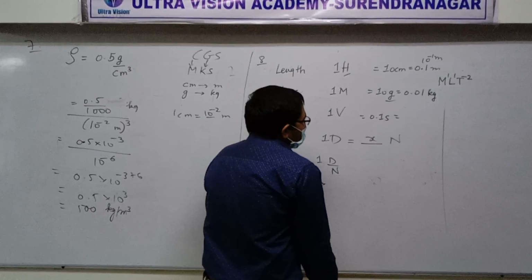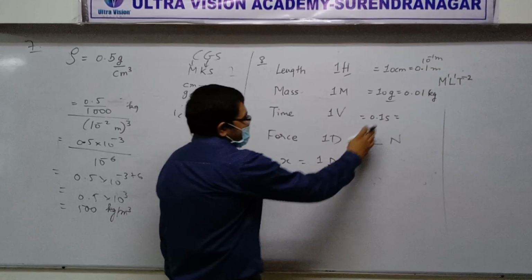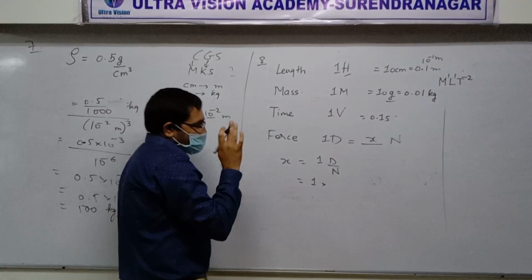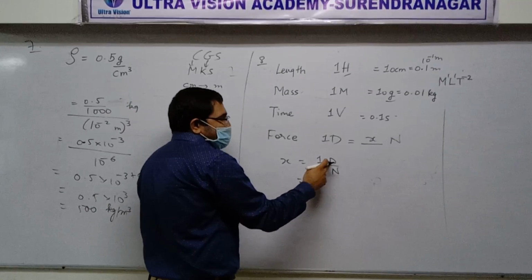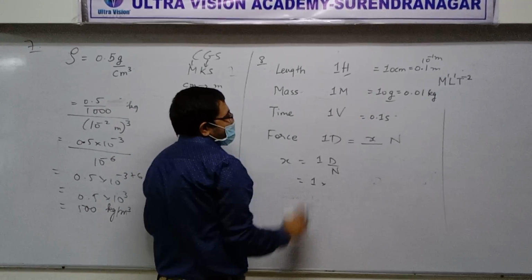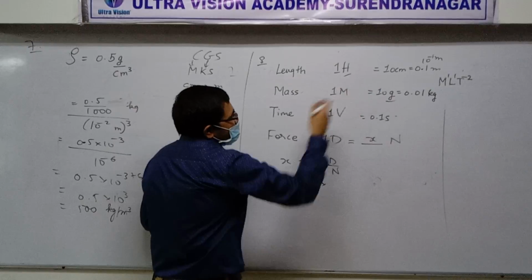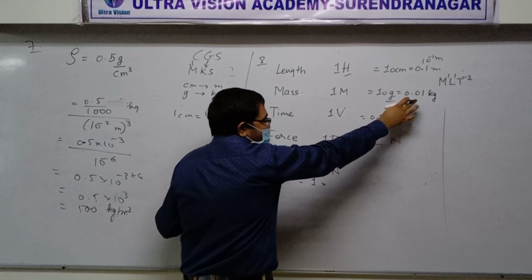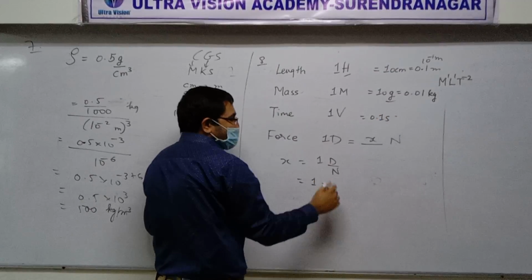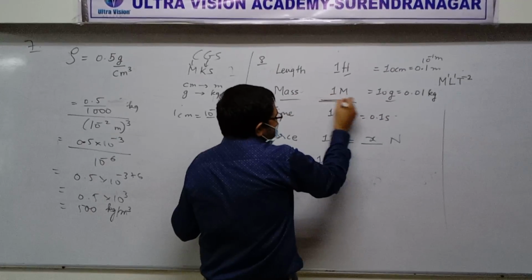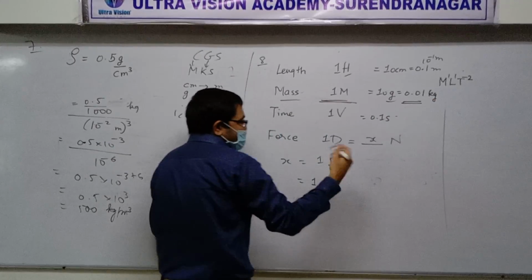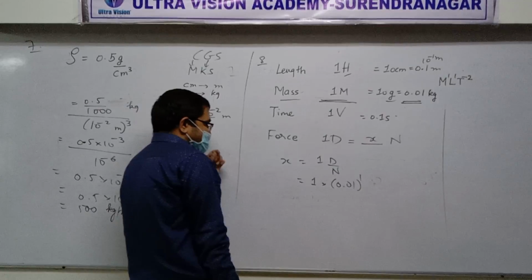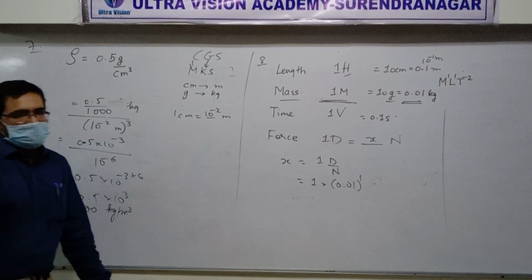So now, what this means is that we need to convert mass and length only. Oh, sorry, time also. Let's start. So 1 d would be written as M raised to 1. What's the conversion factor for mass? It is 0.01. Why 0.01? Because here the new unit of mass is 0.01 kg. So M raised to 1 means 0.01 raised to 1.